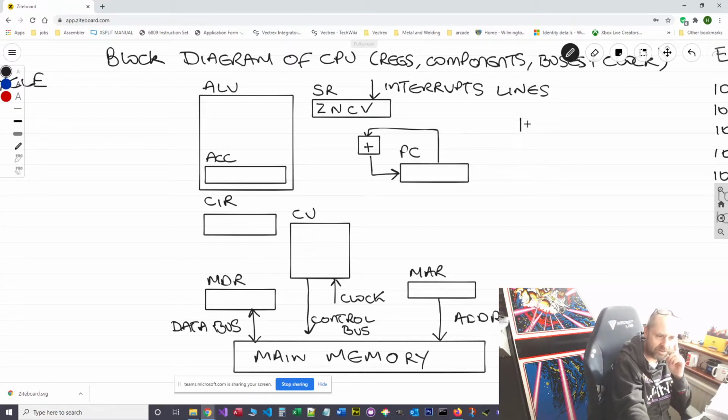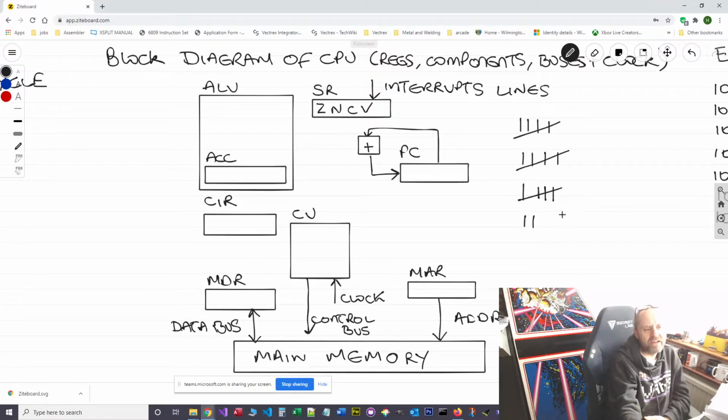So a mark for the PC, mark for the control unit, mark for the memory address register, mark for the address bus, mark for main memory, a mark for the MDR, a mark for the data bus, a mark for the current instruction register, a mark for the accumulator, a mark for the arithmetic and logic unit, mark for the status register, 4 bonus marks if you did the flags, all 4 of them, so 1 for each, a mark for the interrupt lines, a mark for the incrementer, and then a final